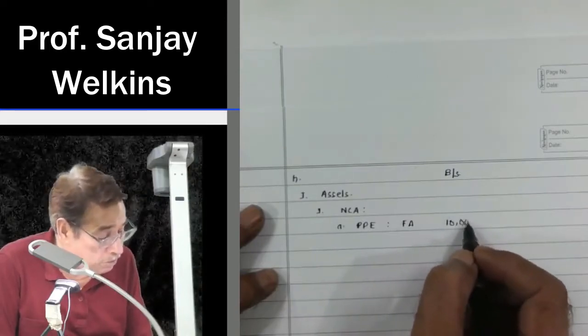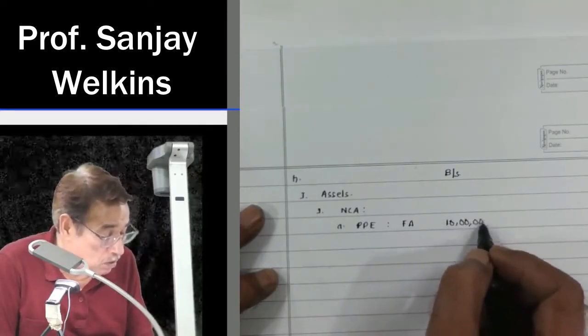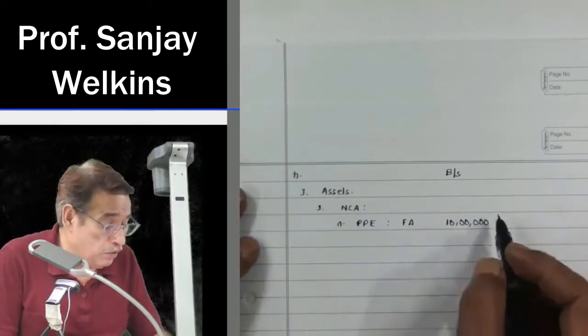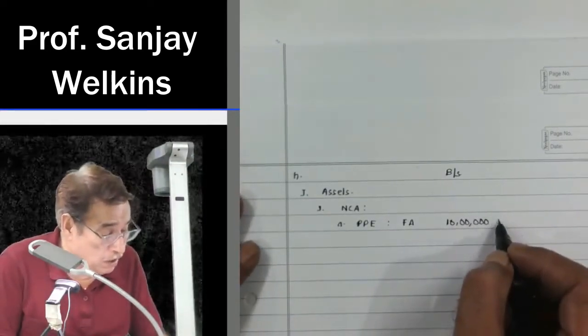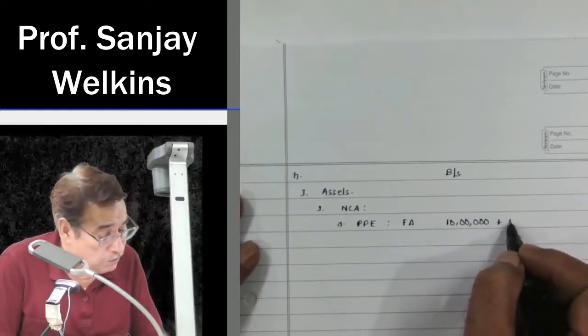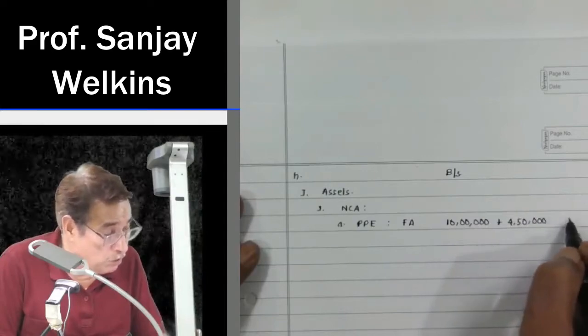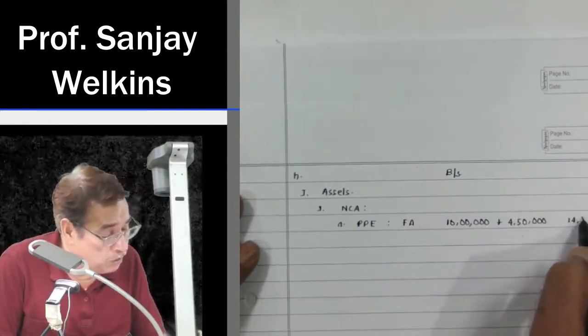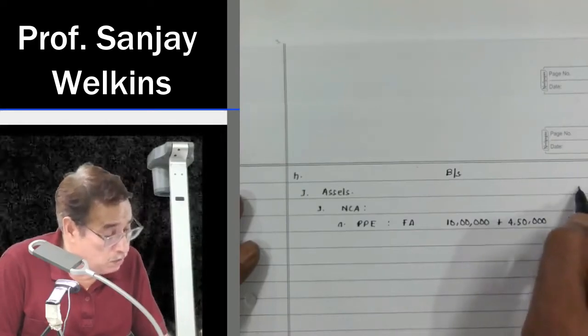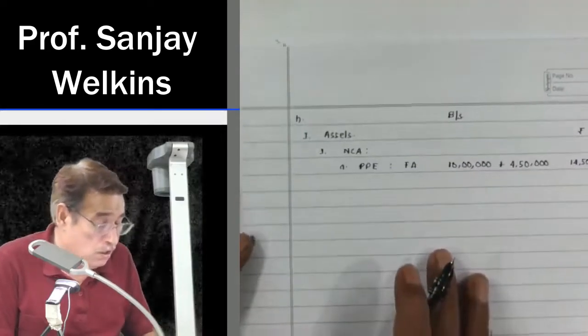10 lakh is the value of tangible fixed asset of our company, and we took over W1 Limited's fixed asset at 4,50,000. So in the outer column, I am going to write here 14,50,000 and so on. Generally under division 2, when we write property, plant and equipment under non-current asset, then we write